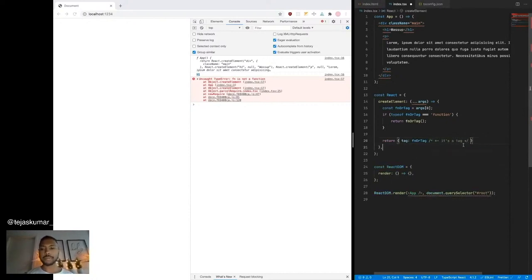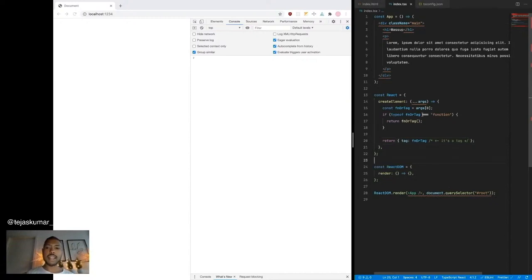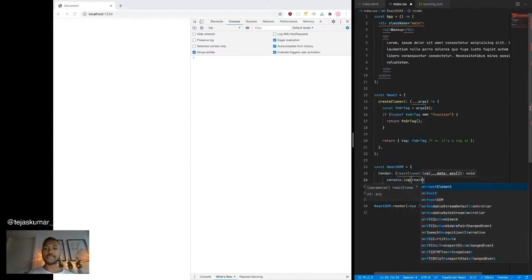Okay, looks good so far. It's interesting because we're taking the output of React.createElement app and we're passing it to render as the first argument. So let's see if this works. We'll say React element, and then we'll console log it and see what we get.